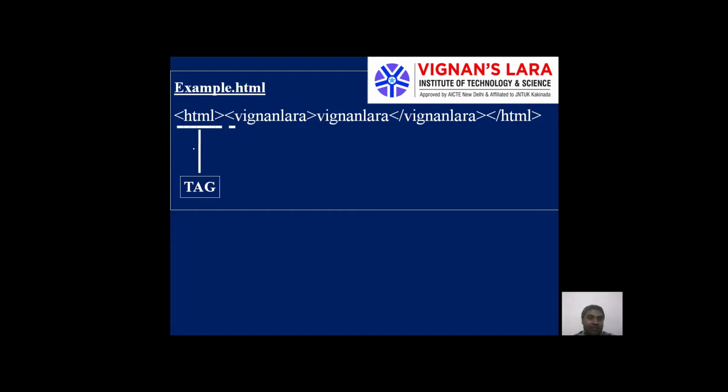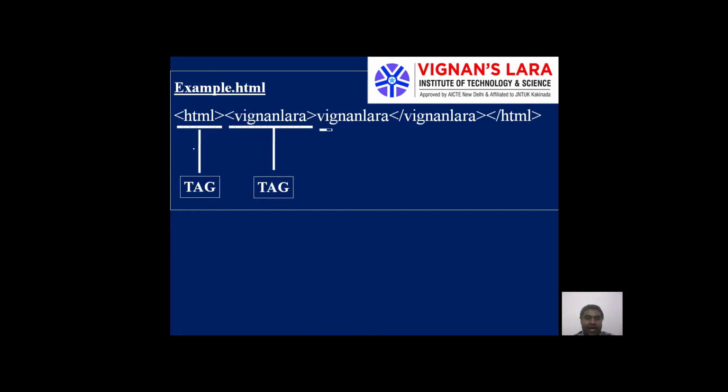After that I have written a left angular bracket, VIGNAN LARA, and a right angular bracket. After processing this text, the web browser comes to know that it is also a tag, since it is enclosed with a left angular bracket and a right angular bracket. Since Vignan Lara is not a predefined tag in HTML, it simply skips that tag.